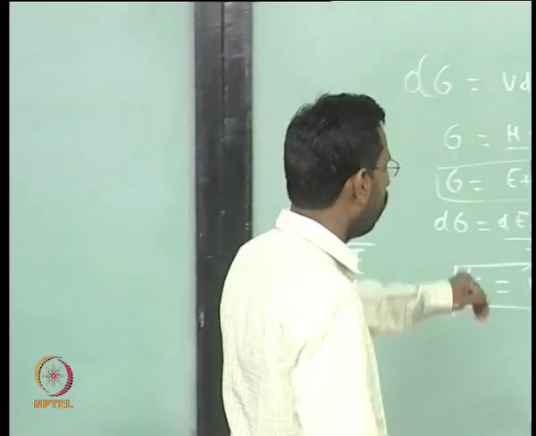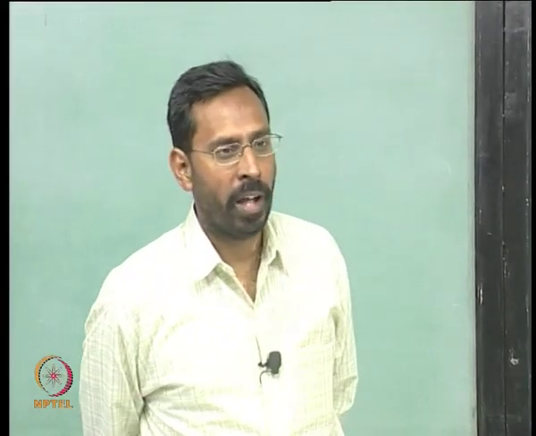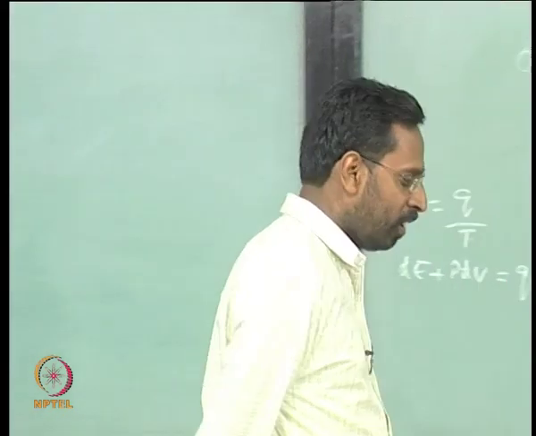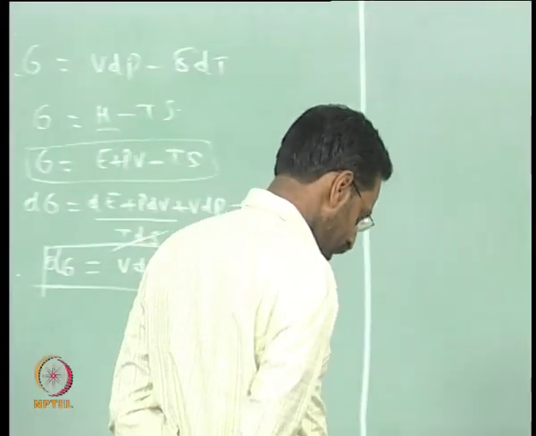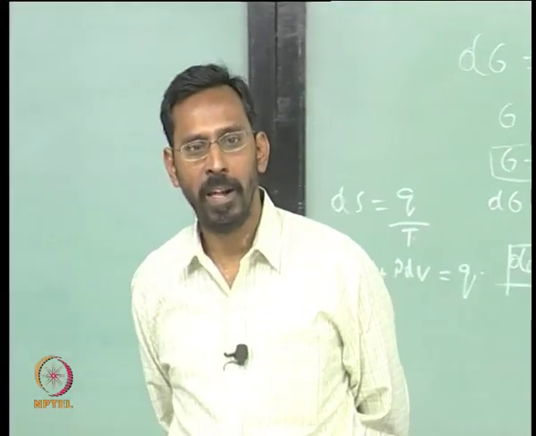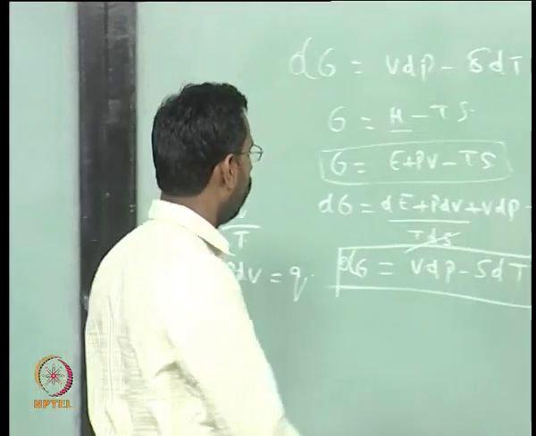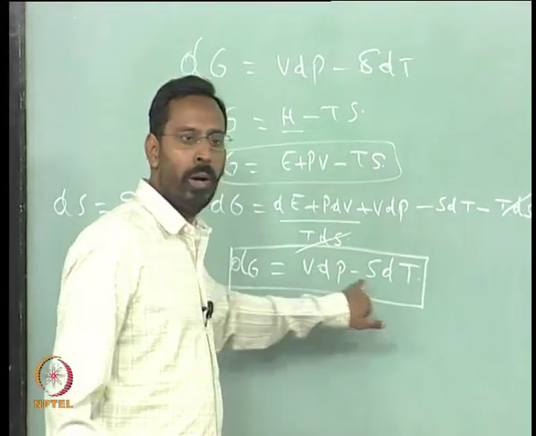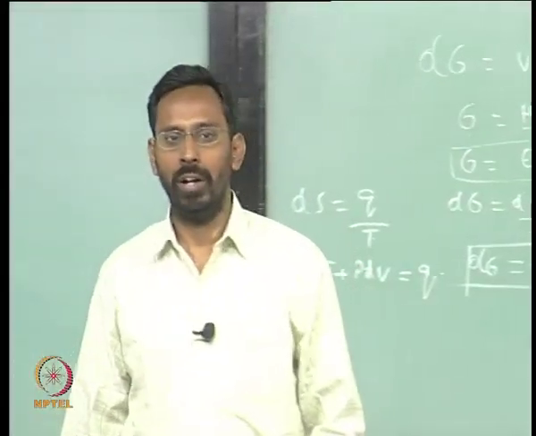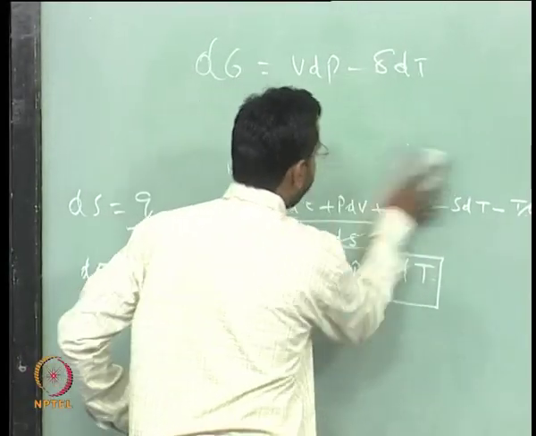Out of these, which are extrinsic and which are intrinsic? Entropy. Which are state variables? Pressure and temperature are the state variables. Volume and entropy are not. So anyway, once we can derive this,